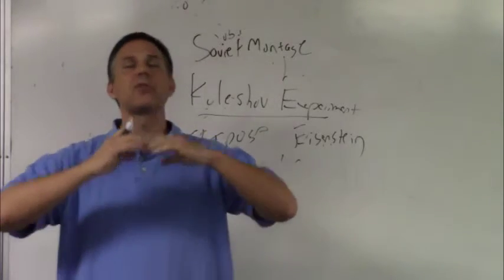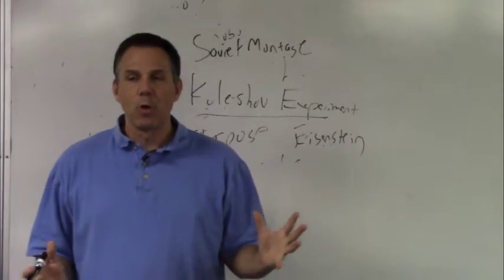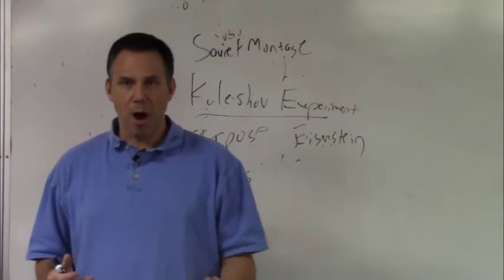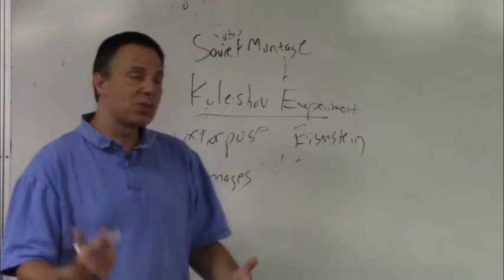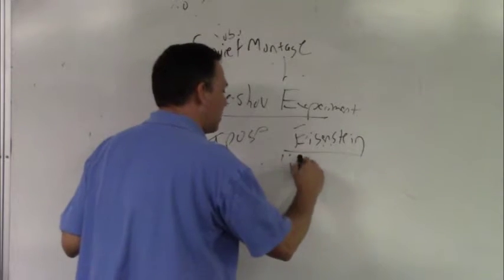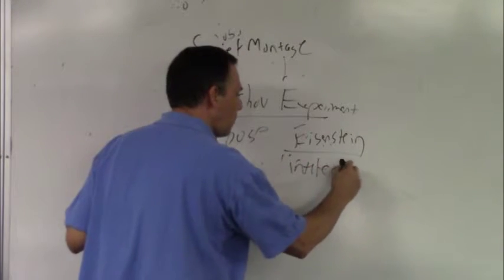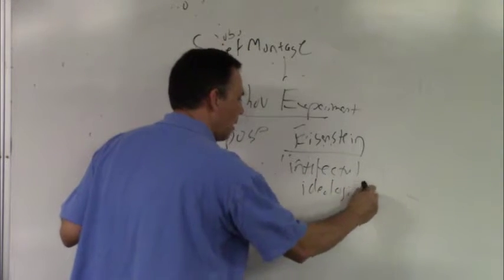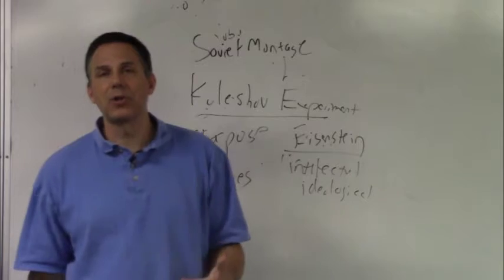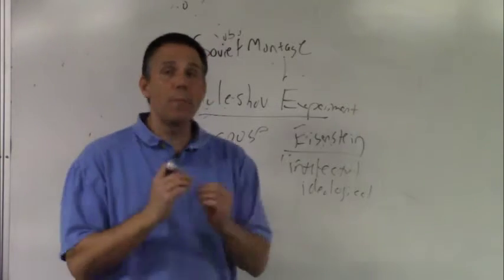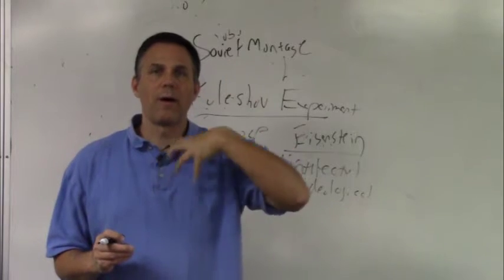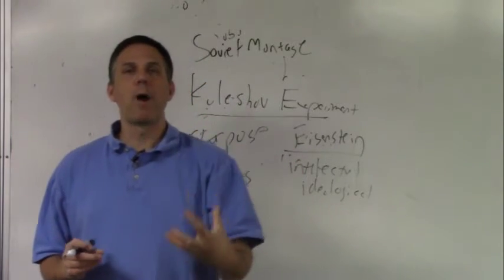And in fact, he has a whole school of thought on what different types of montage there are. But he is most associated with what are called intellectual and ideological montage, meaning that the two images you put together give you an idea or an overall feeling or emotion about